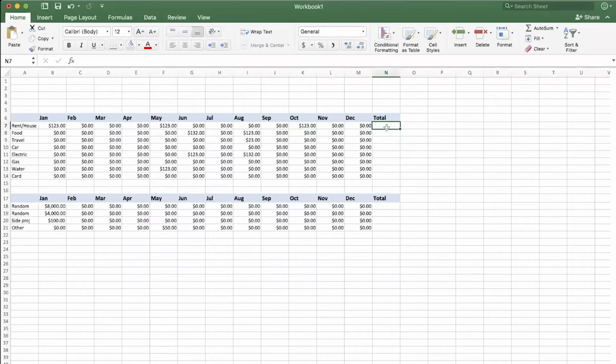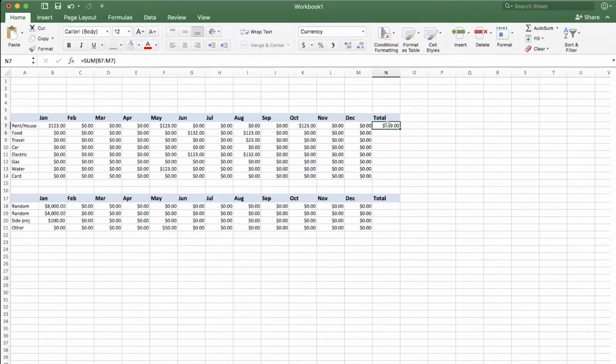So now I'll go back to my total cell, and up at the top on the Home tab, you'll see AutoSum. And if you click on the AutoSum button, it highlights all of the content next to it. Sometimes it's not accurate, but in this case it is. And AutoSum is just auto add all of these things. And so I'll just hit enter to confirm that yes, that is exactly what I want to add. And it goes ahead and does the math for me.